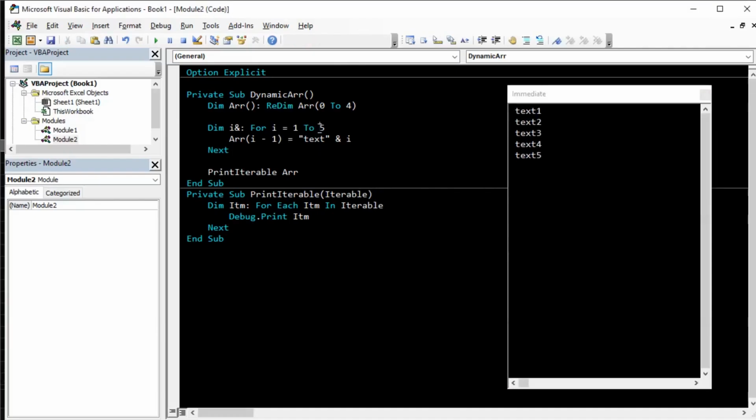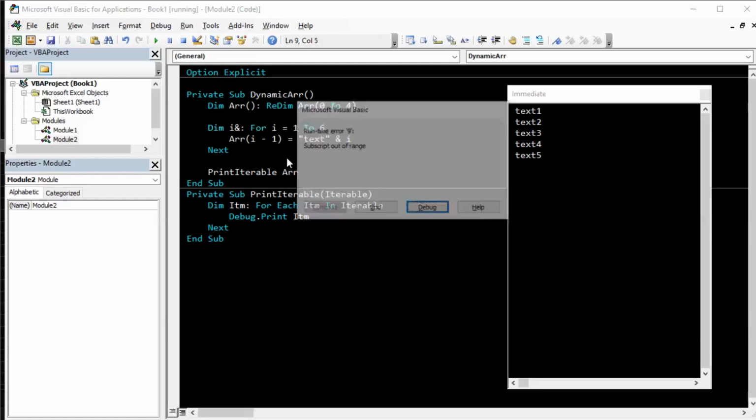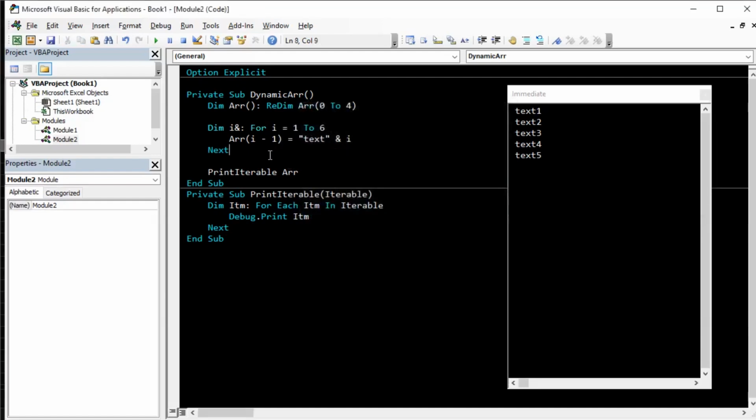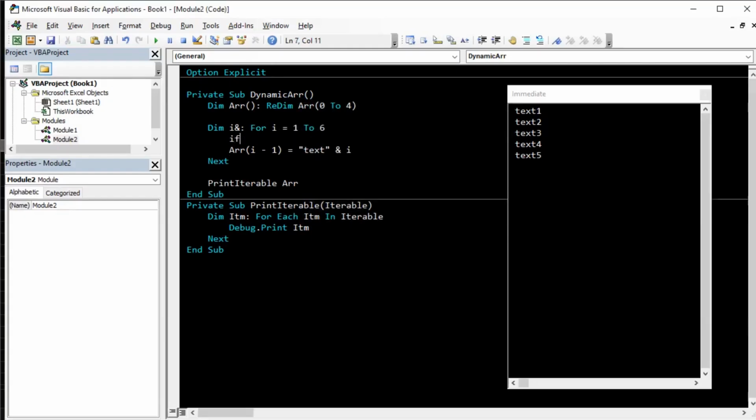If I add a 6th item to the array, this will give us the same error, subscript out of range, but we can check if i minus 1 is greater than UBound of this array, then